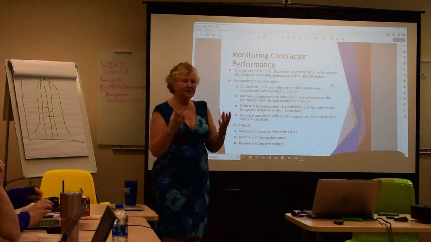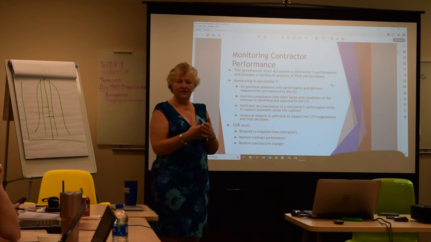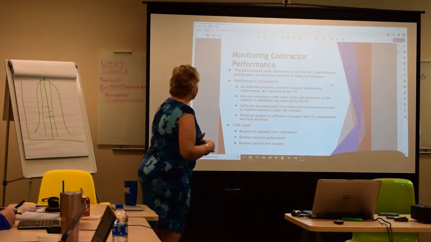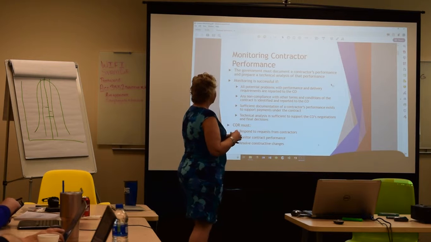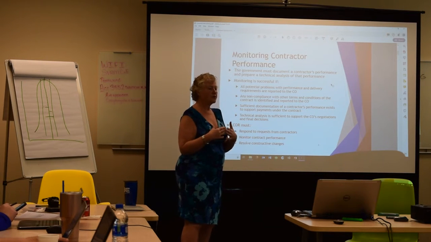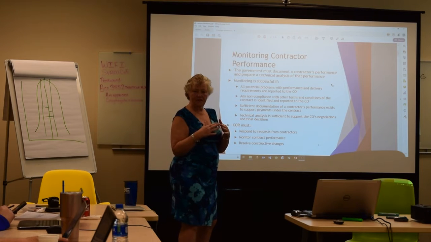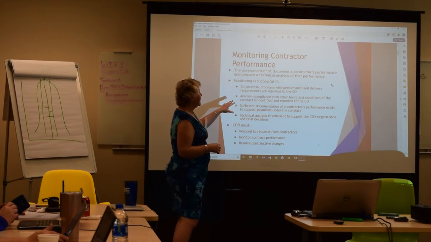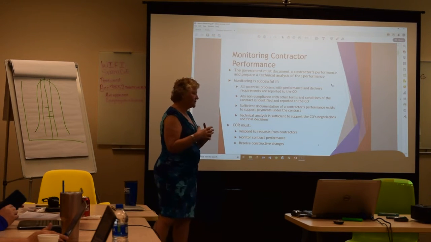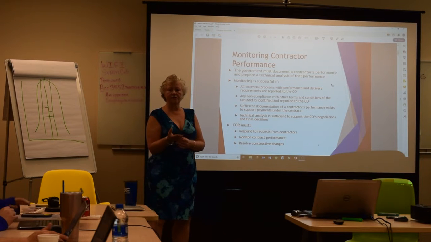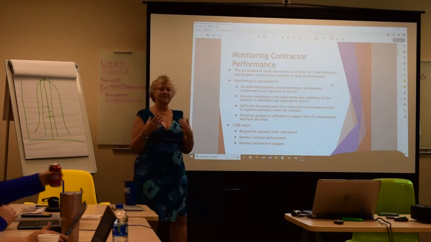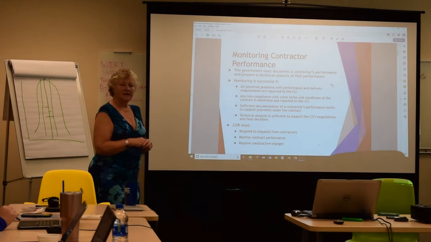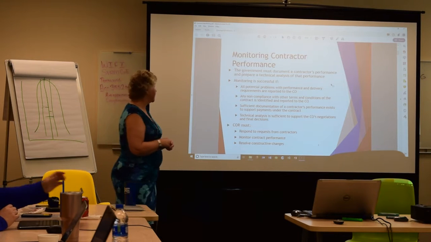All right, so the COR's responsibility comes from the CO, has to come through a delegation letter. The COR can only do things that are in that delegation letter. And the COR is primarily responsible for contract monitoring and contractor performance. So normally your closest relationship with anybody in the government will be with that COR, because they'll be checking what you're doing on a daily basis. They're also responsible for preparing the technical analysis of your performance. So they're actually the eyes and ears of the contracting officer on the day-to-day basis. They're reporting up to them any kinds of issues or how you're doing just overall.